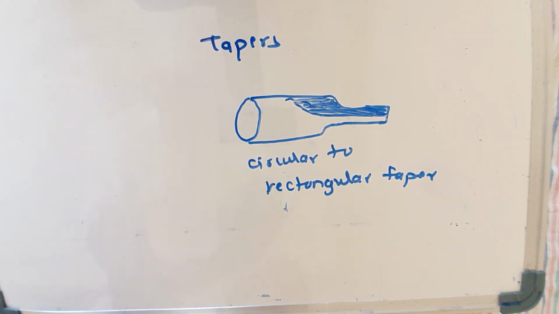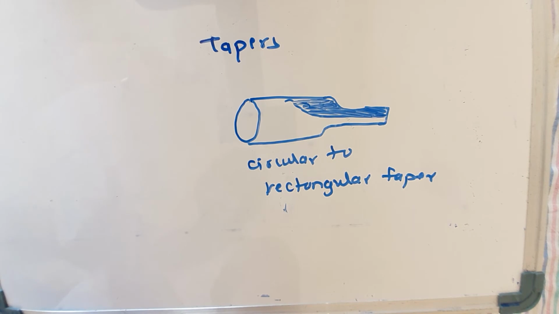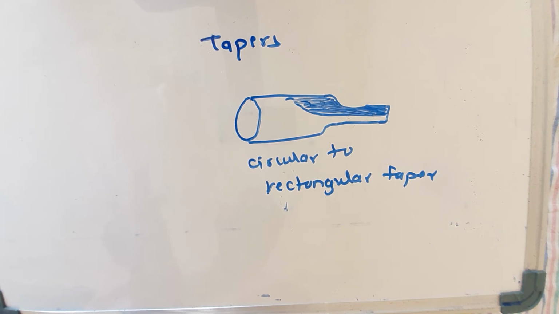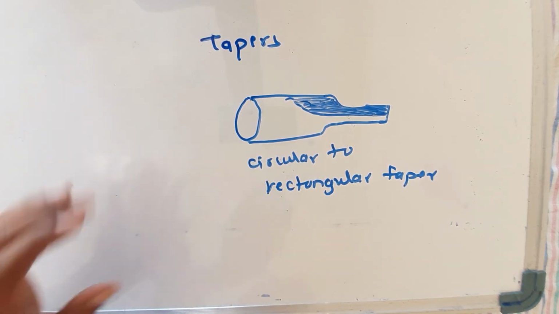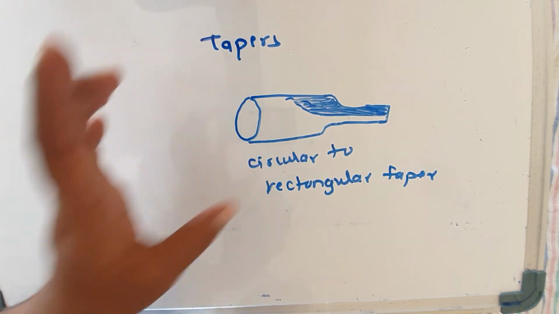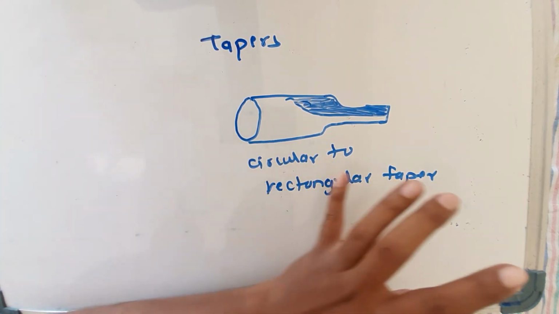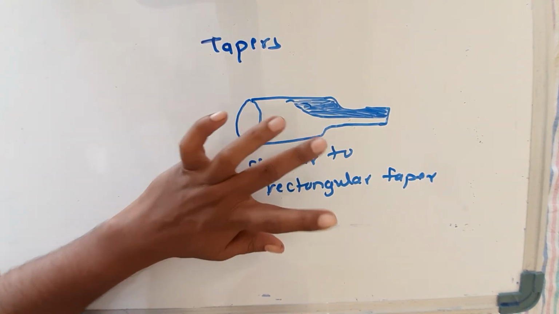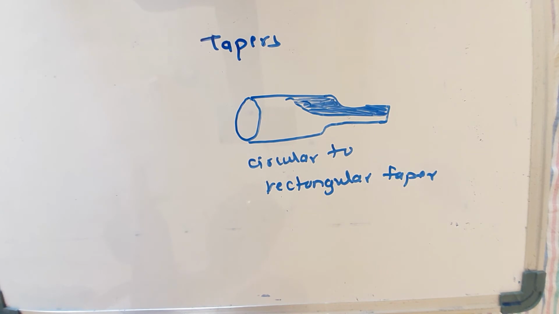Waveguide tapers are used for interconnecting a rectangular waveguide to a circular one and a circular to a rectangular waveguide. This is a circular one, and that should be converted into a rectangular type using tapers. One waveguide is circular and another is rectangular, so in between we have to use the waveguide taper. The transition from one end to the other is very smooth, and it is used to minimize the reflections. A taper may have a length of 2 or more wavelengths.